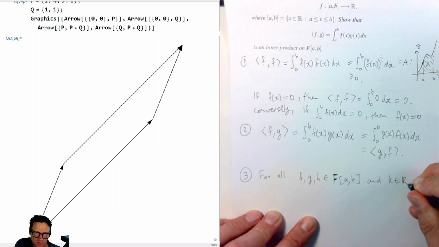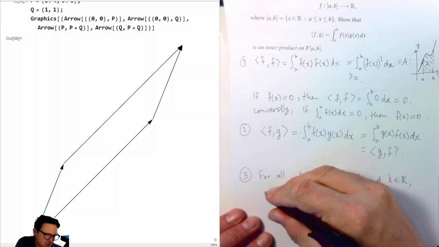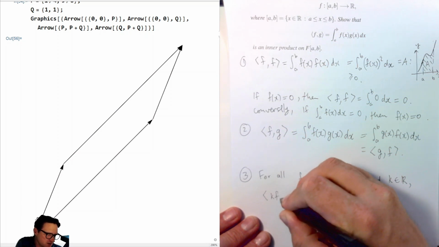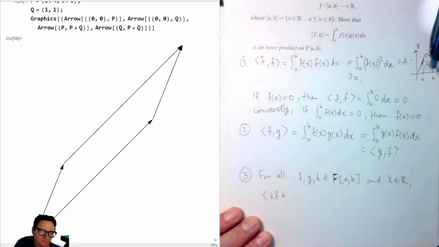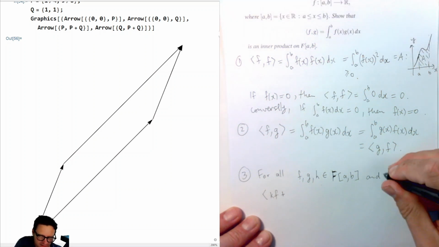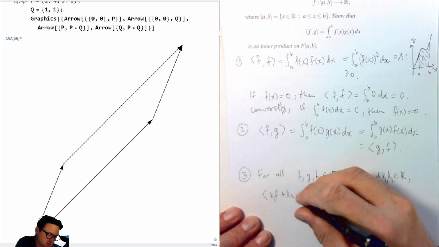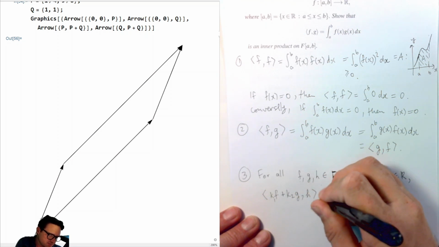In this case, it's the real numbers. We need to check that k1 f plus k2 g, inner product with h,